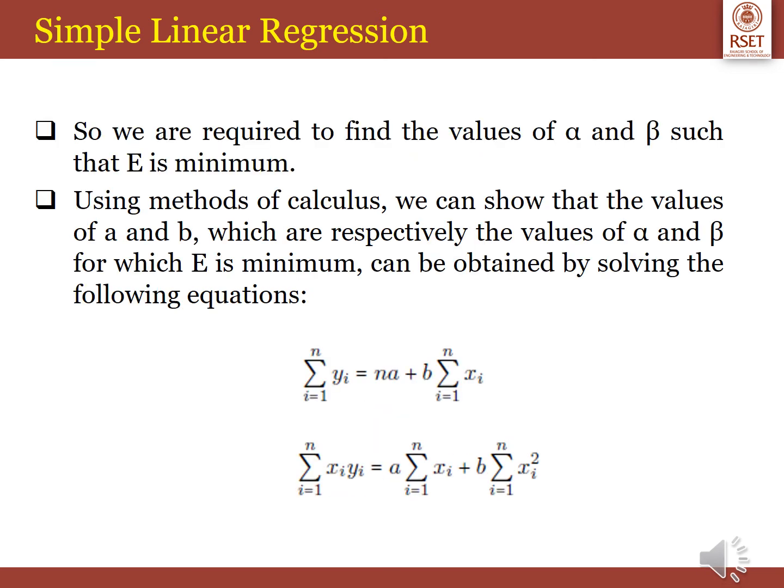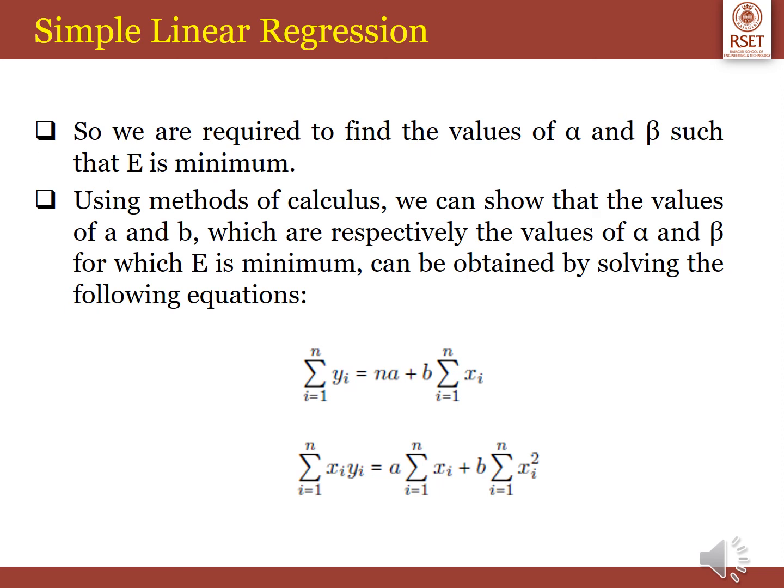We are required to find the values of alpha and beta such that E is minimum, that is, error should be minimum. Using the method of calculus, we can show that the values of A and B, which are respectively the values of alpha and beta for which E is minimum, can be obtained by solving the following equations, that is